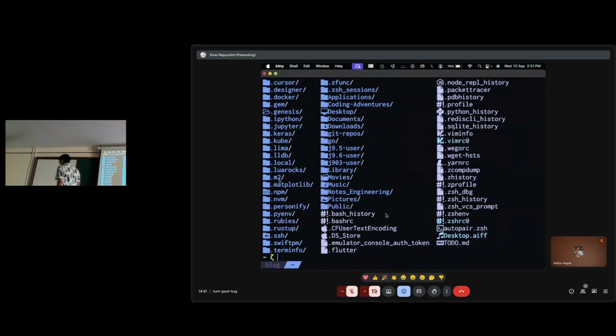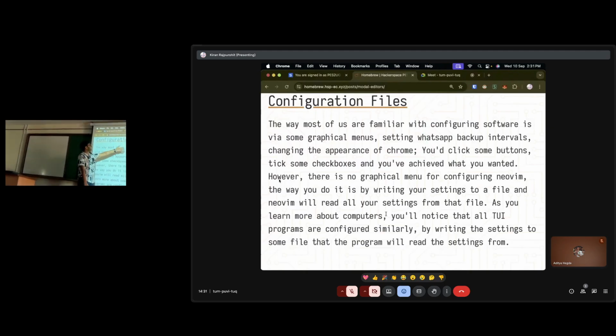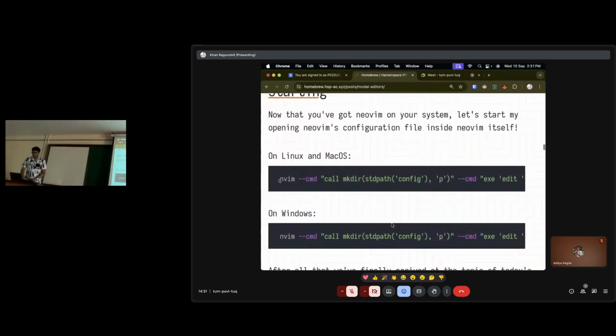All right. So first, what I'd like you to do is that I want everybody to go to this website, homebrew.hsp-ec.xyz/post/modal editors. Now that we have an understanding of what Neovim is and what these plain text editors are, let's just directly jump into Neovim.